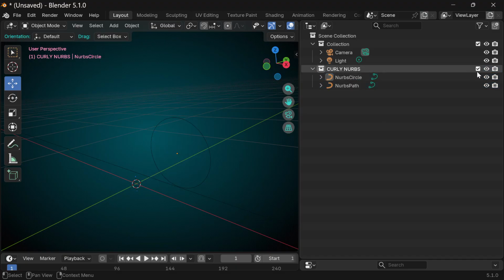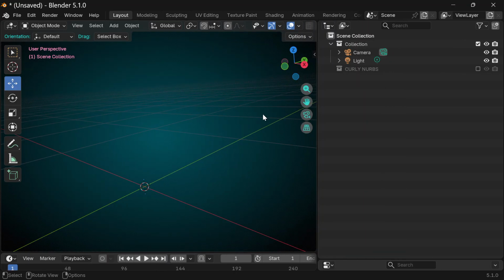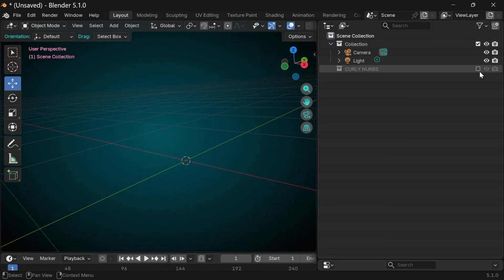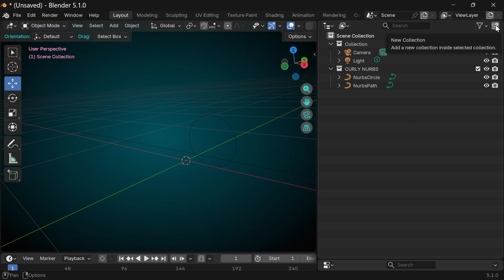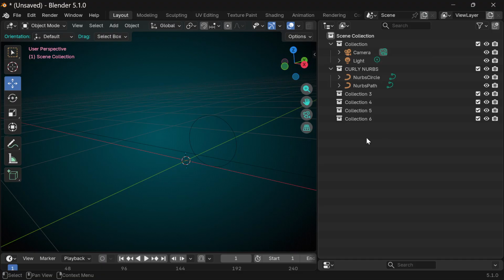Then all you have to do is come over here and click on this little tick box, and it will turn everything in that folder off. Then you can turn it back on, but you can also make folders right here all you want and drag things in. But it's kind of nice to be able to do it